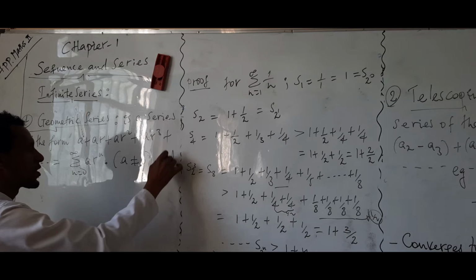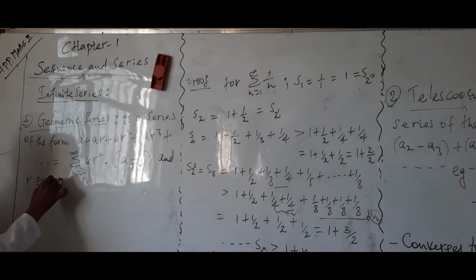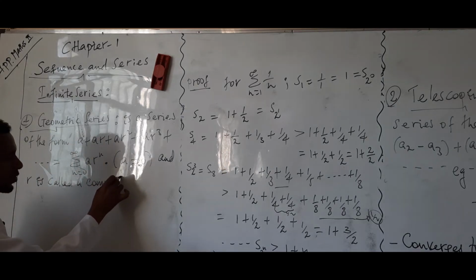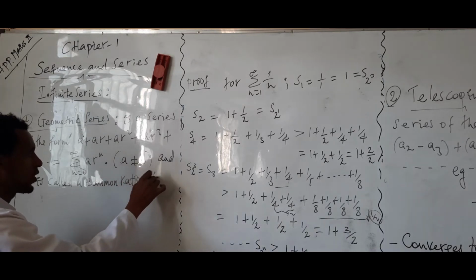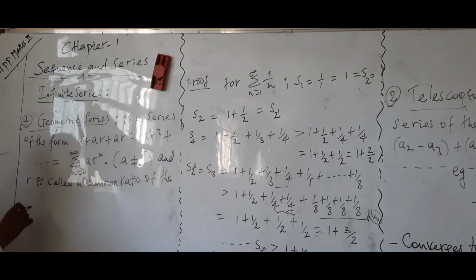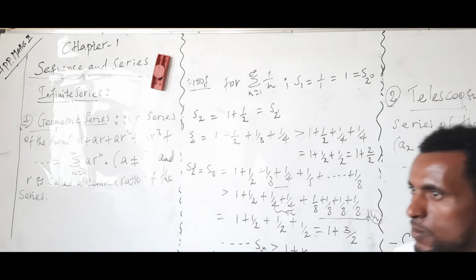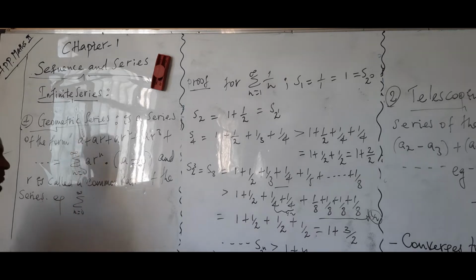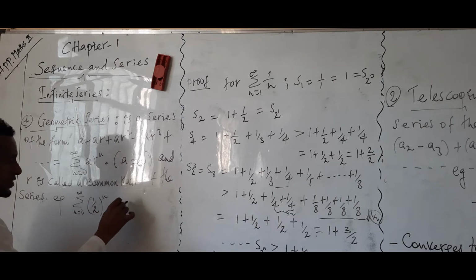And r is called the common ratio of the series. So a series of this form is called a geometric series. Take the sum from n equals 0 to infinity of 1 over 2 to the power of n. This is a geometric series